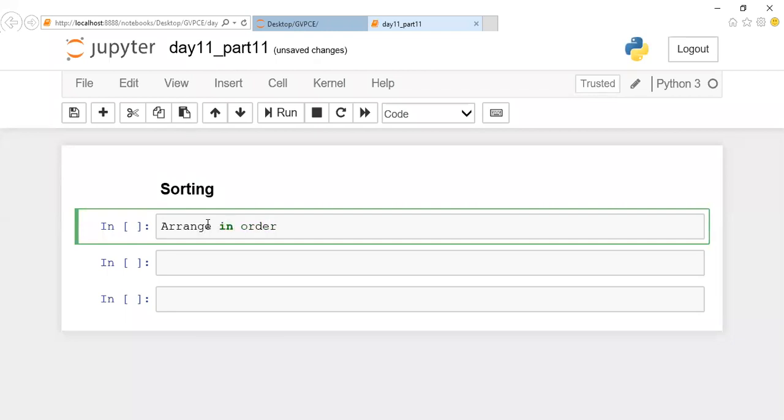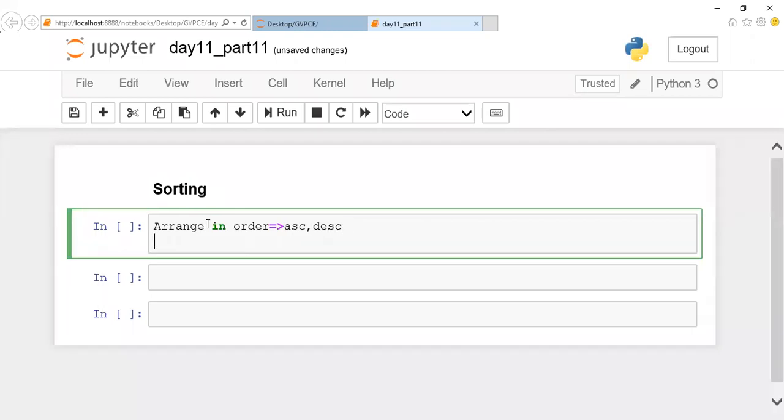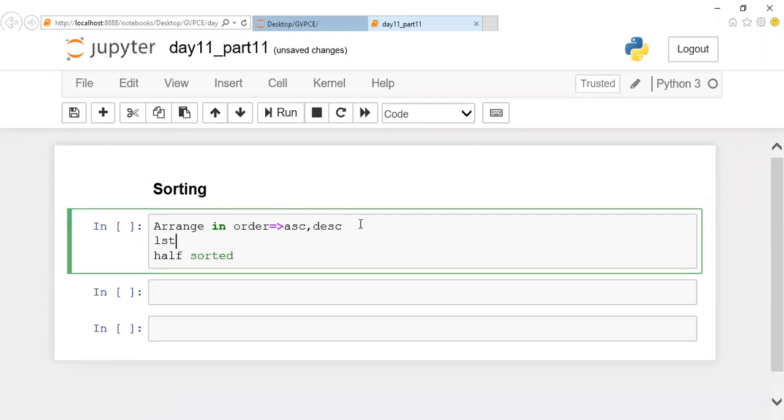Sort the data. So this order might be ascending order, or it might be descending order, or it might be of any other cases. The other cases are, if we say other cases, what does it mean? Have you come across the term called half sorted array or half sorted list? Have you come across this term? Half sorted. No. Okay, listen.